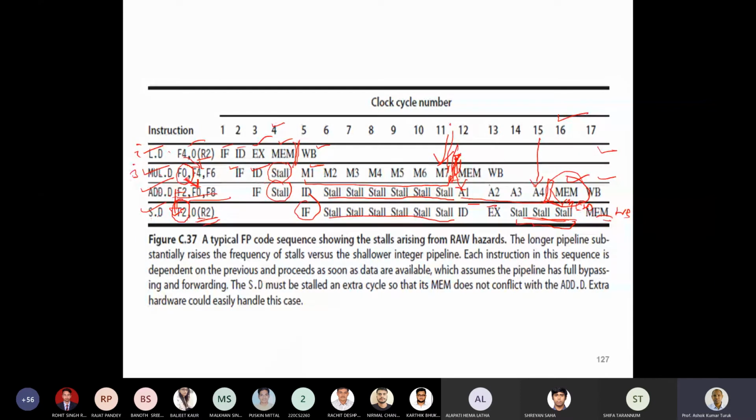The store instruction actually uses the memory. So if, instead of a stall here, you put it in the memory stage and there is a mechanism to handle this, then there will be no stall here. There is no hazard. There will be no structural hazard between the add instruction and the store instruction, because add does not use the functional unit memory, while store uses the functional unit memory. So no hazard is going to take place. So if you write memory here, then there has to be a write back here. Both will be write back. Two write backs here. So there has to be a mechanism to handle multiple write backs in the same clock cycle.